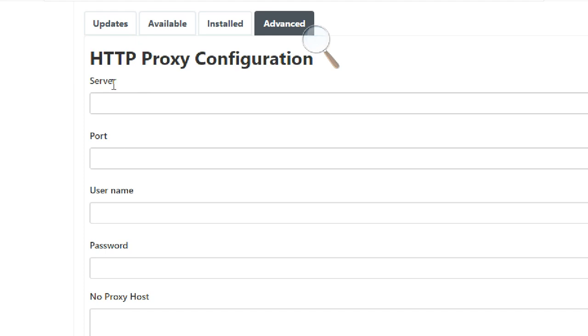Okay. This is advanced. This is a new one in Jenkins. HTTP proxy configuration. So if you have plugins on a remote server, if you are in an organization, they may put an HTTP proxy, right? So you have a remote intermediate server between your internet connection and your Jenkins server, in your network environment. So you can give their server details.